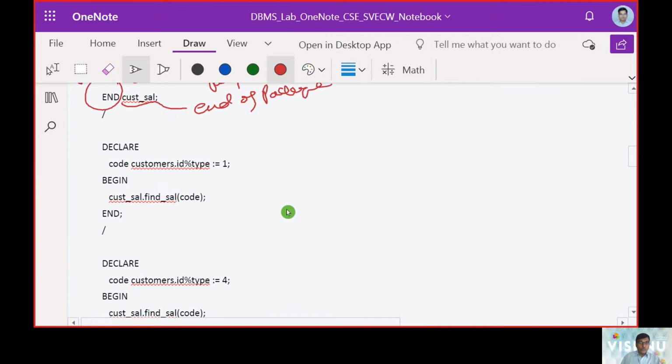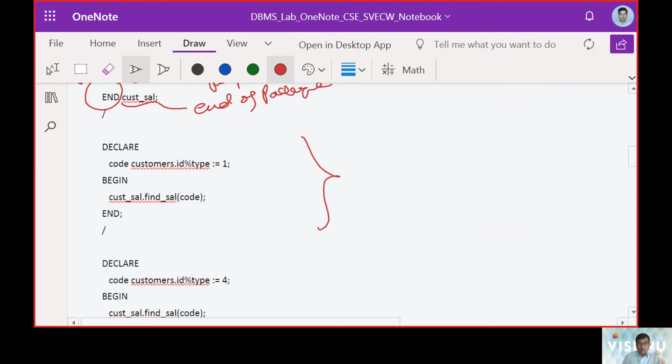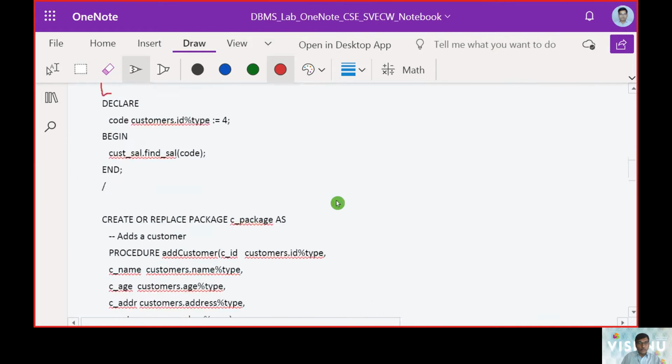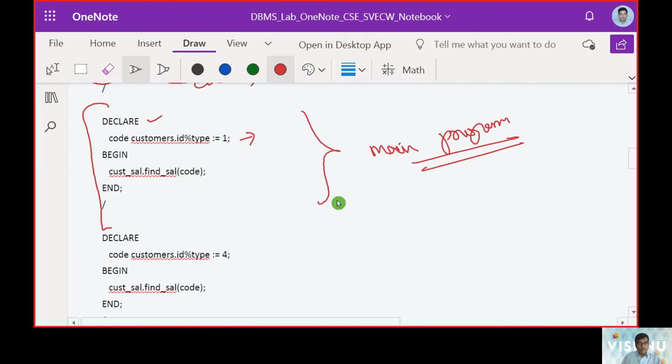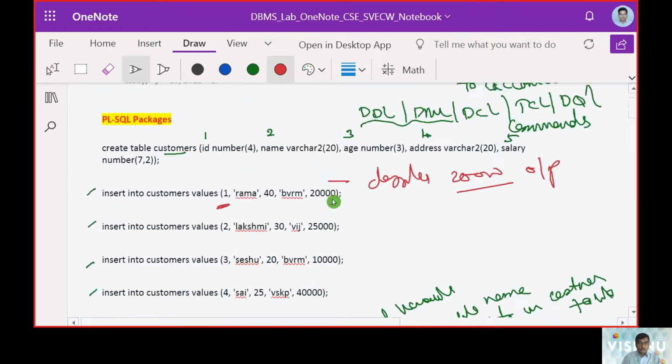So now we need to understand the main program. We need to call the main program. In this main program, we declare customer type, where ID is equal to 1. If customer ID is equal to 1, it must display 20,000 as an output. That's where we called the procedure. In another case, we call customer number 4.